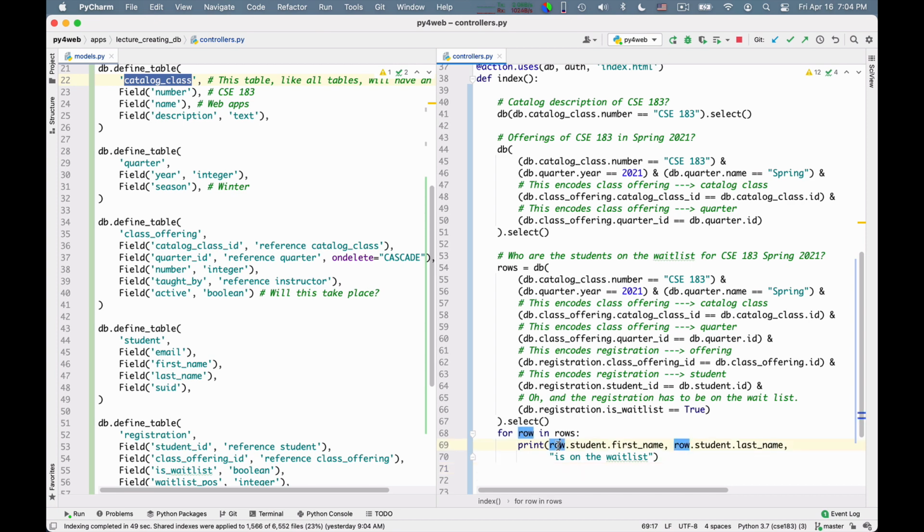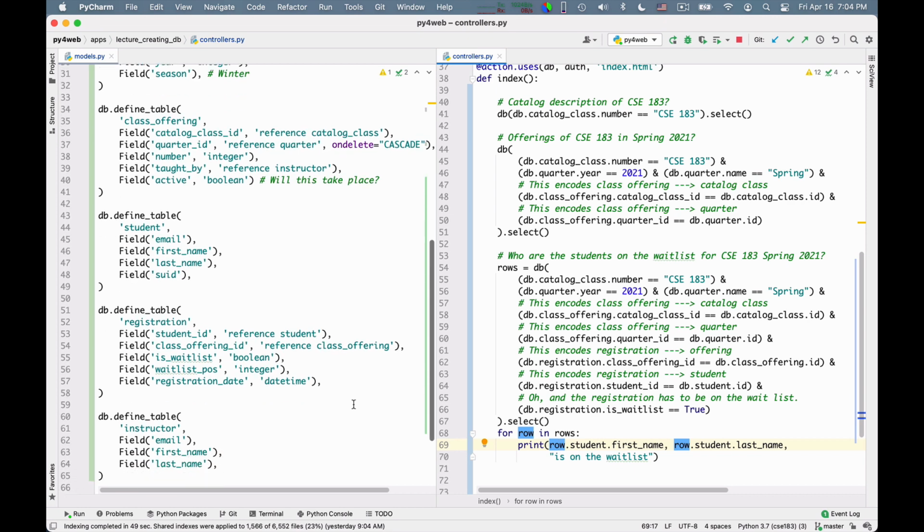So essentially, when you traverse multiple tables, you cannot simply say row.firstname, because in your database there can be multiple things that have a first name. For example, here there is an instructor and here there is a student. So what first name are you talking about, right? You need to use fully qualified field names. So you need to say row.tablename.fieldname.